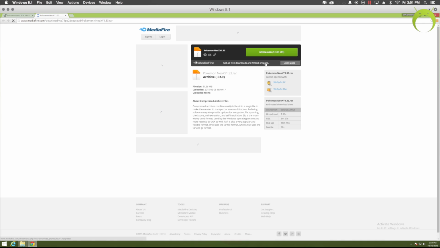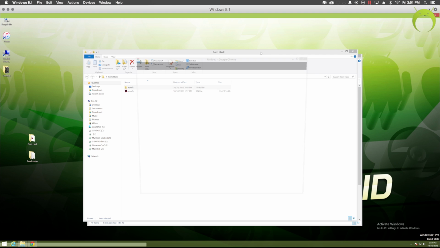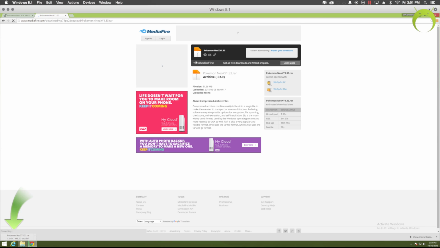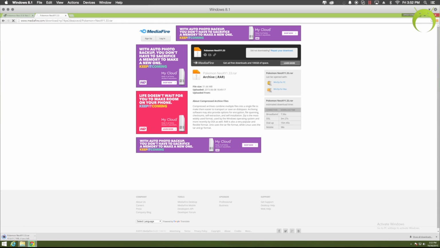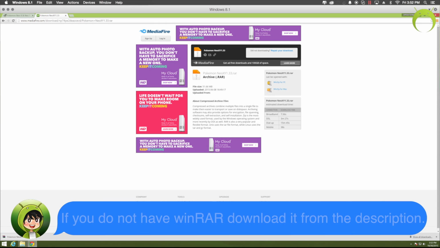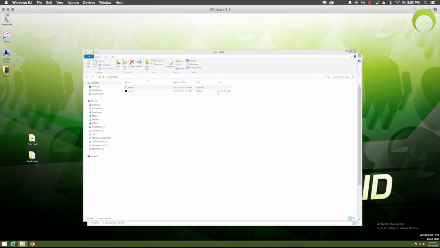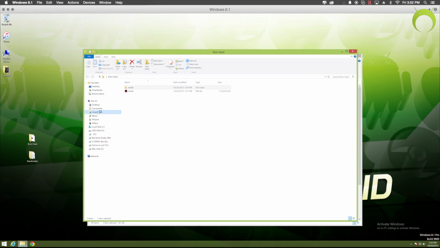Now, of course, this download will take some time depending on your internet speed, as it's fairly big, nothing too big. So once you hit download, it will begin to download, and of course I've sped it up just for the convenience of this video. And when it's done, you'll actually need a program called WinRAR to extract this, because it is a .rar file or .7z file, I believe. So if you do not have WinRAR, check the description for a download link for that, so that you can actually extract this file that we just downloaded for Neo X and Y.